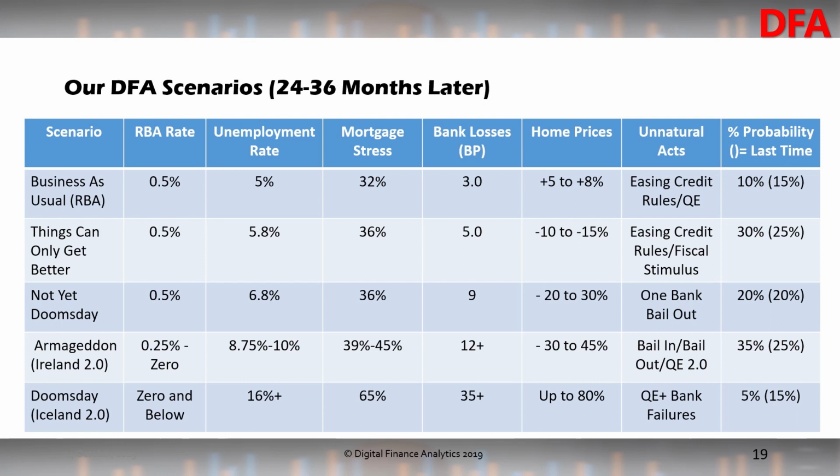And then basically you can see that the other scenarios get increasingly more serious in terms of if in fact the unemployment rate continues to rise, and despite credit rules changing and easing and fiscal stimulus, there is still a path to some home price correction. I give the second one a 30% chance, but I also have to take account of the fact that the